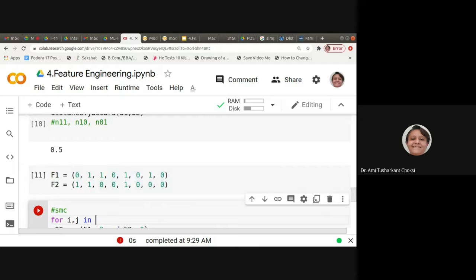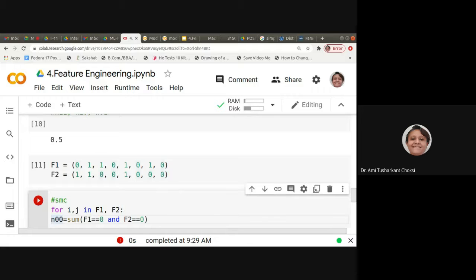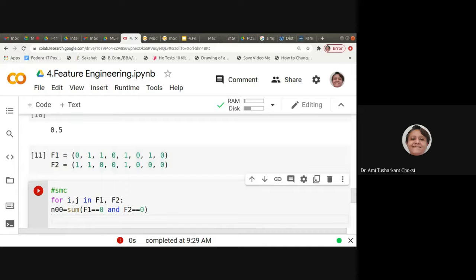Now we want to have N00, then N11. If it is this, then what we'll be doing is N00 plus equal to 1, isn't it?